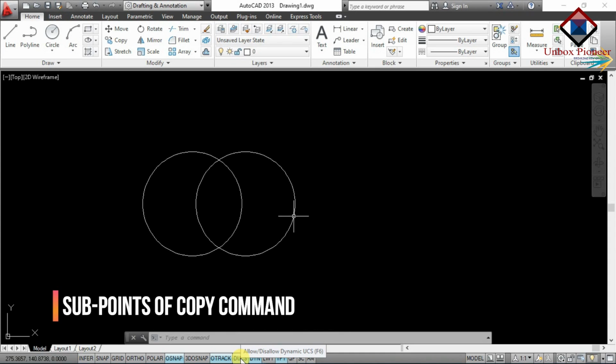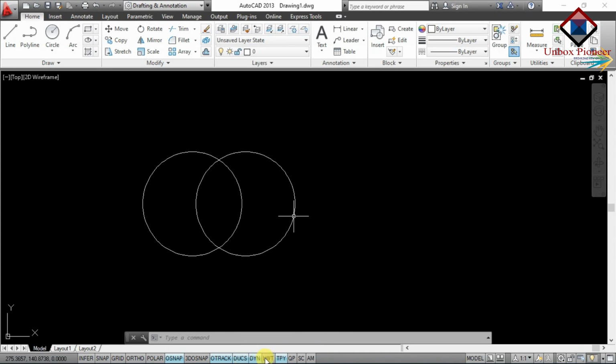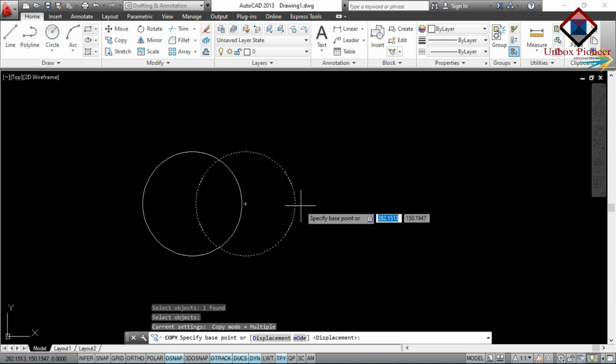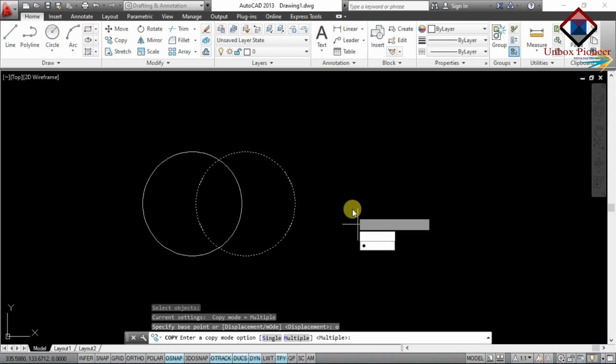Now we will see some sub-options of the copy command. I will put the command for copy, CO, enter, then I will select the object, enter, then for mode, in the command bar type O, enter.